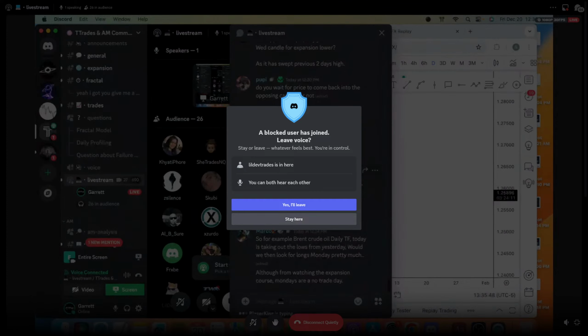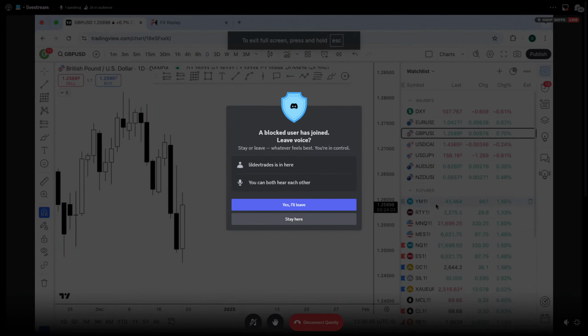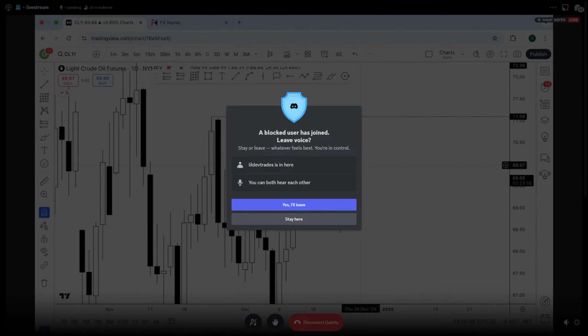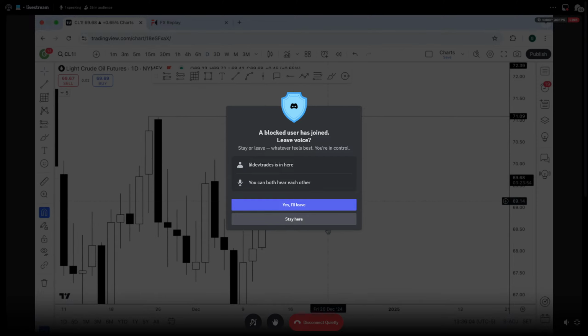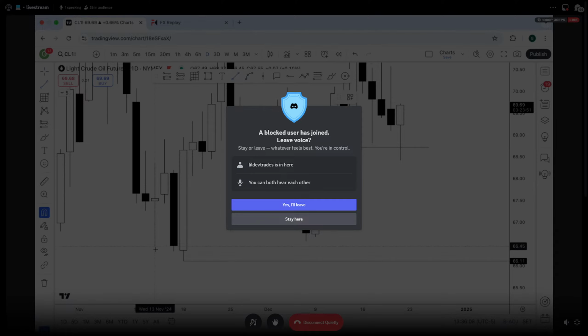Today is taking out a low from yesterday. Would we then look for longs Monday? Yeah, so for longs Monday, it's actually setting up for that possibly. So it's the same approach where we're taking out lows and then we're aggressively reversing. So for this example,